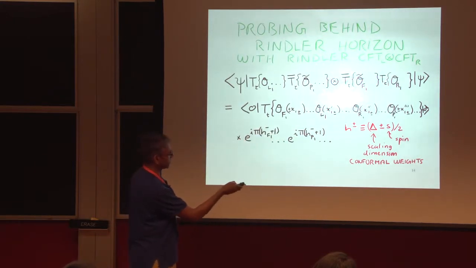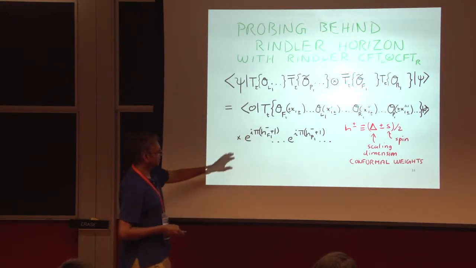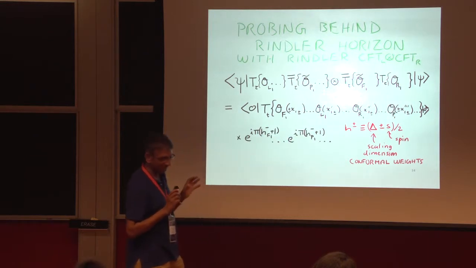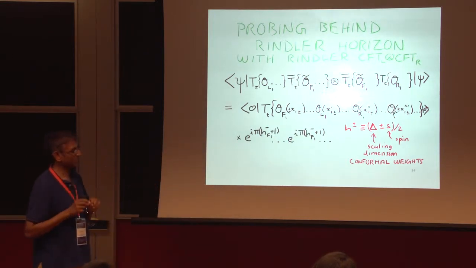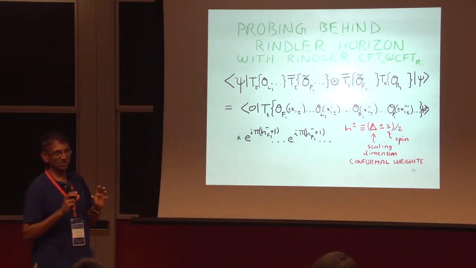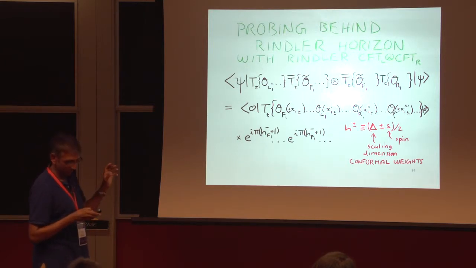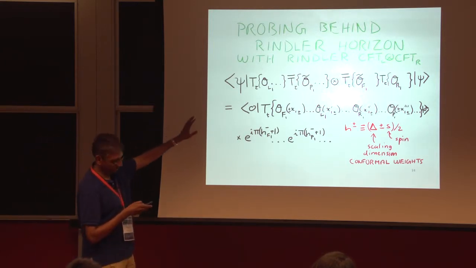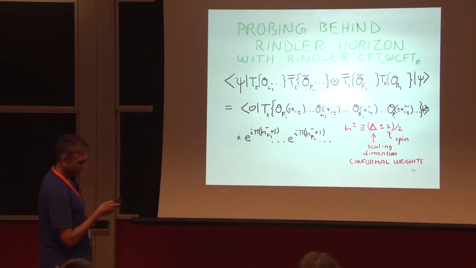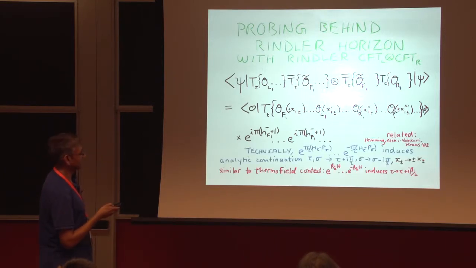And these phases depend on conformal weights in this way. And the phases are very important for getting all the right things that quantum mechanics requires, as well as relativistic causality requires. And I'll just illustrate that very briefly later. But this is the master formula. And because it's an ugly formula, well, first let me say,